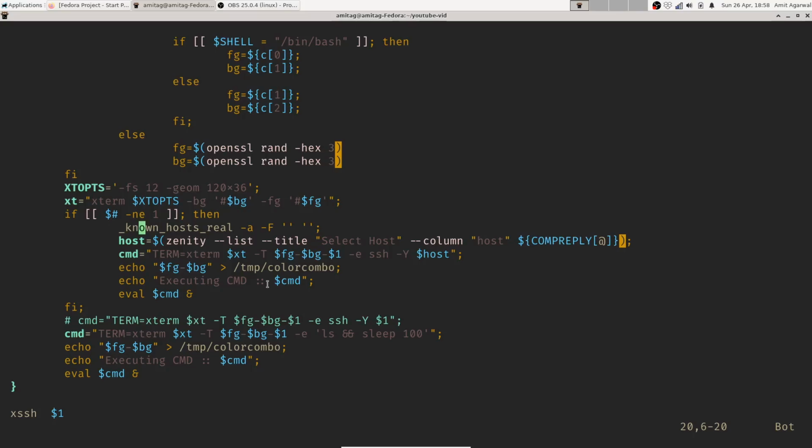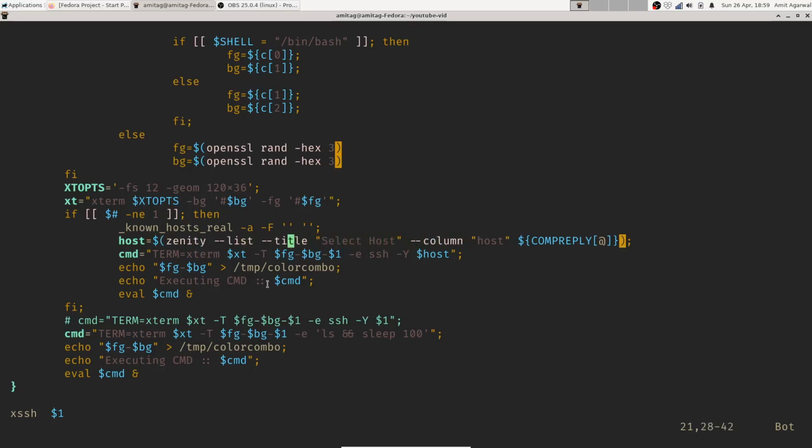This function is what parses your known hosts file and the config file and generates a list of hosts that the SSH command can use for completion. If you have noticed, whenever you do ssh space tab twice, it will give you a list of hosts that you can complete, and this list depends on your known hosts file that is populated whenever you log into a new server, or the hosts that you have defined in your config file. So based on these two, it will populate the completion, and based on that I generate